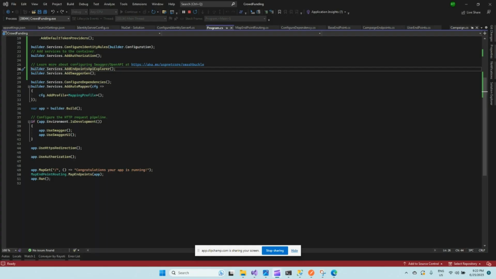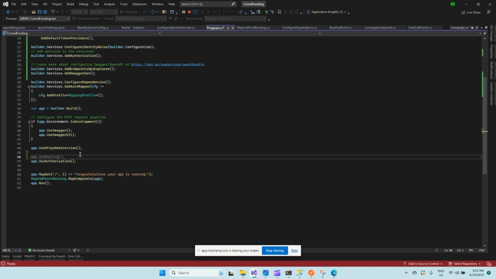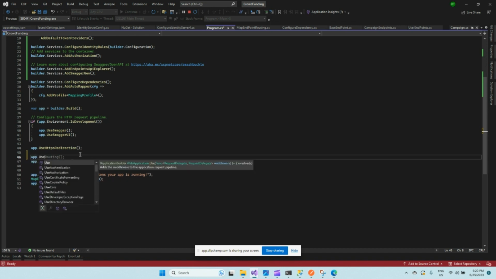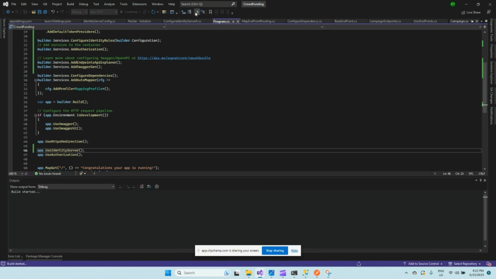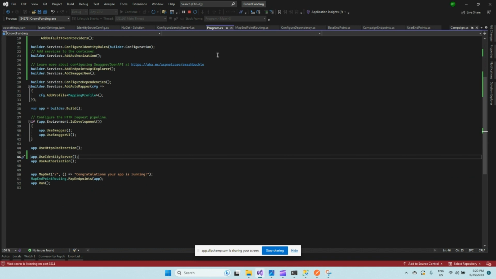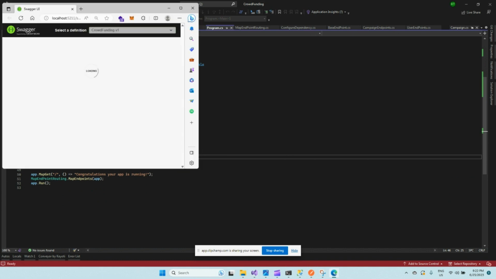As it runs, one more thing that we're going to add, just before this add authorization here, is app.UseIdentityServer. Yep, this one. Now, if you refresh this application, if you launch this application once again, then